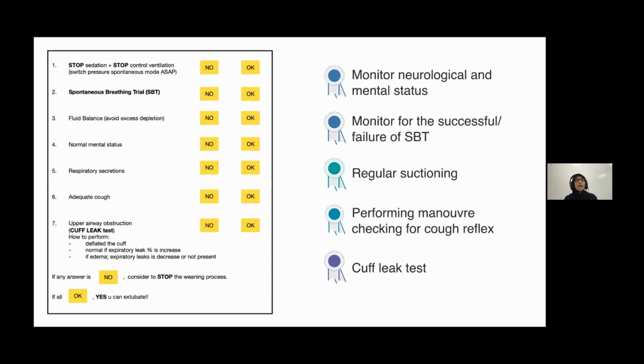If the increase in percentage is not much, you need to expect some form of swelling or edema surrounding the endotracheal tube, meaning the leaking is less because it is actually obstructed by the edema. So if you have this reduced leaking, or the percentage of your leaking has not improved, meaning that the patient has edema, the cuff leak test is unsuccessful. Do not proceed with extubation or removal of the endotracheal tube from the patient.